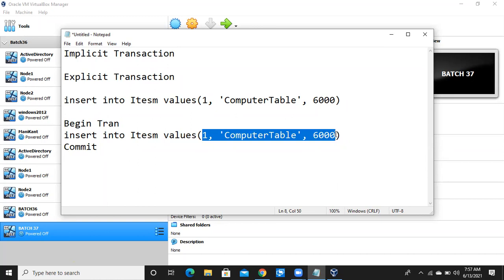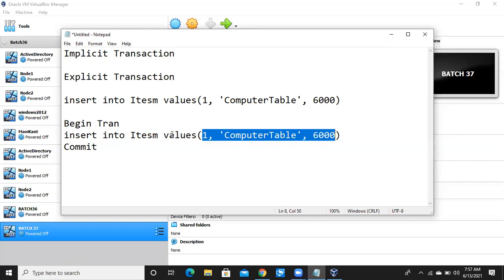Remember guys, log file is a kind of main door of the database. Whatever transactions come, they will first hit the log file and be stored inside the log file.